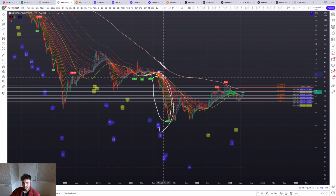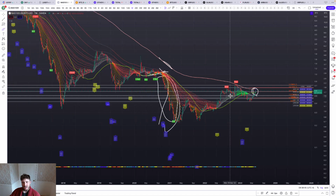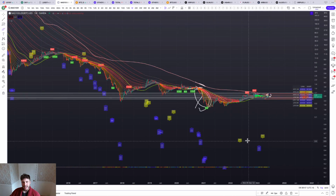Then ultimately this curled down, and then huge bull run. So right now we're staring at the moment where we started to break down, but now we're breaking back up. We're actually above this line now, but we're seeing those lines right here close together. So we want to see us get rejected either here or even a tad bit higher. We don't want to see us get above that line, because in Bitcoin's history, we have never been above that